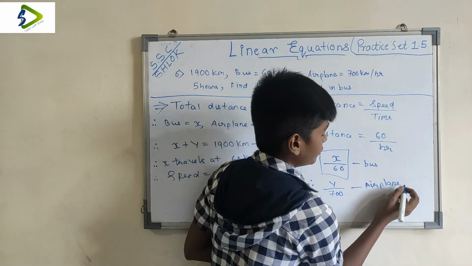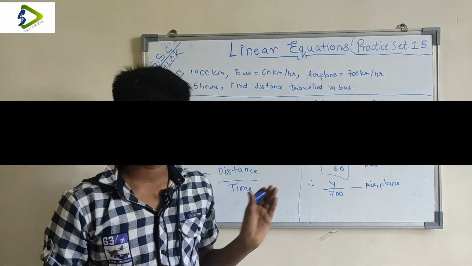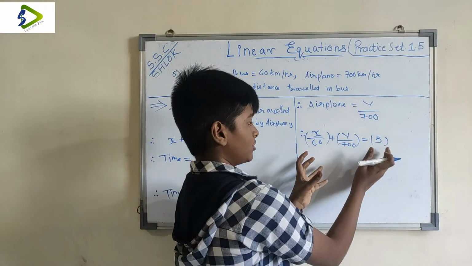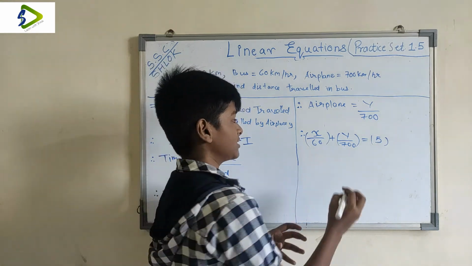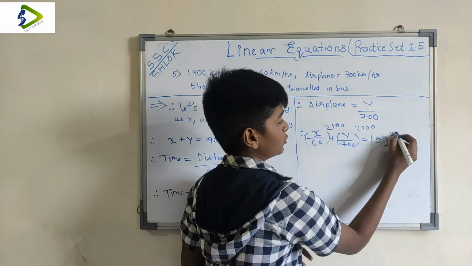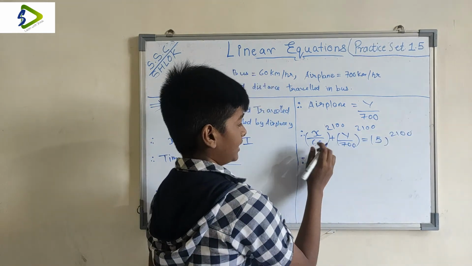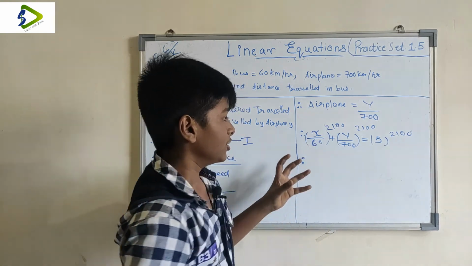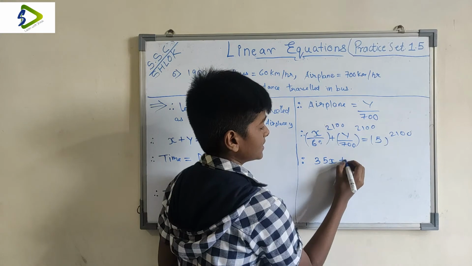Now what you can do is you can draw some equations from this also. So let's see what equations we can draw from this. Now we got this equation. I don't want this in fractions form. So you take the LCM and multiply this by it. If you multiply this by 2100, and here also you have to multiply 2100, you can remove these fractions out, and now if you do it, you will get your answer as 35x plus 3y.